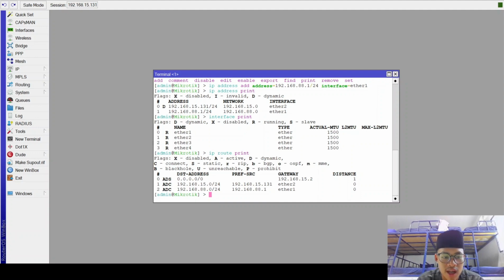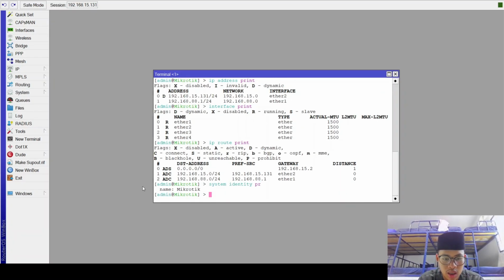This displays the current routing table, basically how data travels through the network. And to show the router name, you can use a command like this: system identity print. The name is still MikroTik. If you wanna change it, you can use a command like this: